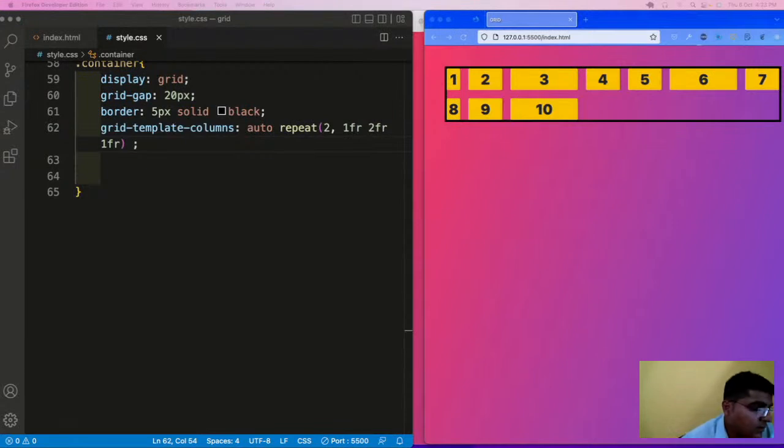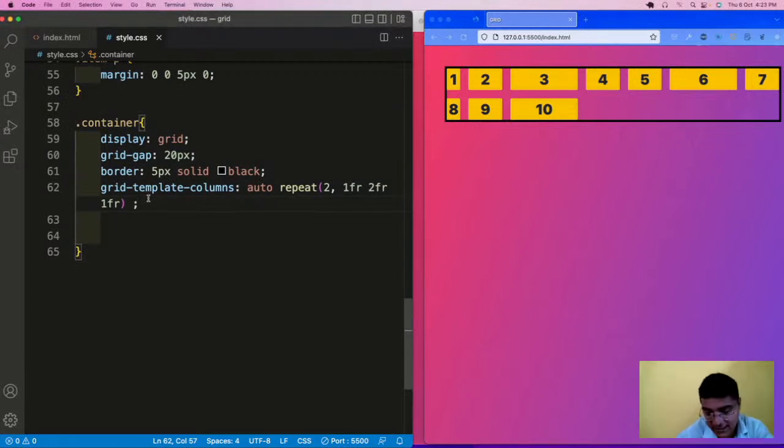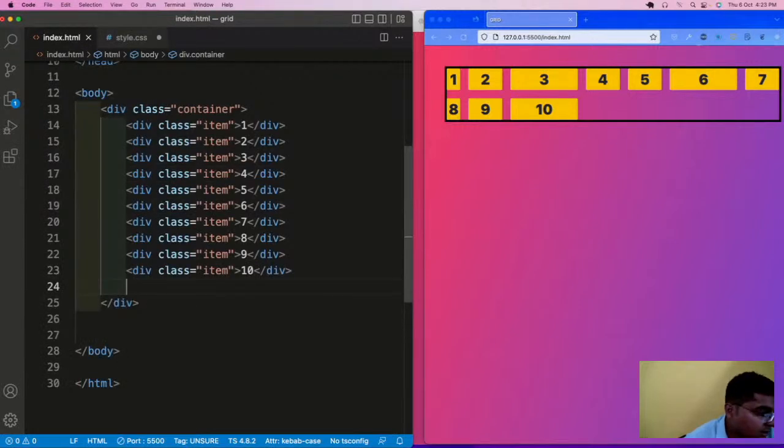Now if you remember the flexbox, we have to select an individual item and add the property, which is flex one, like that. Now let us increase our HTML structure to